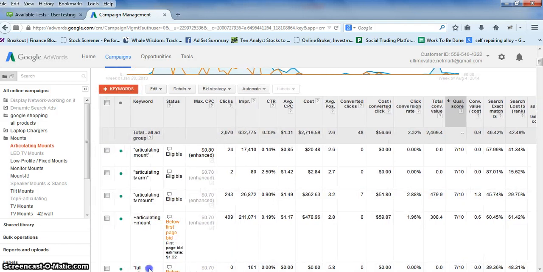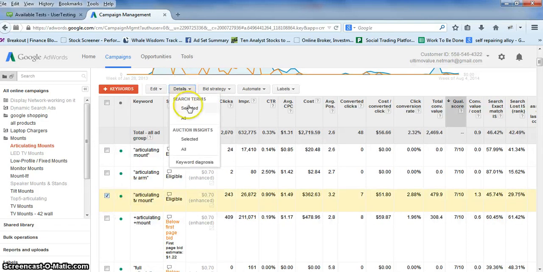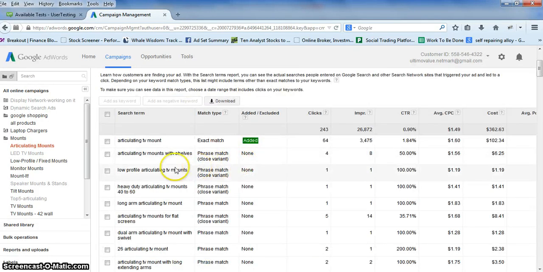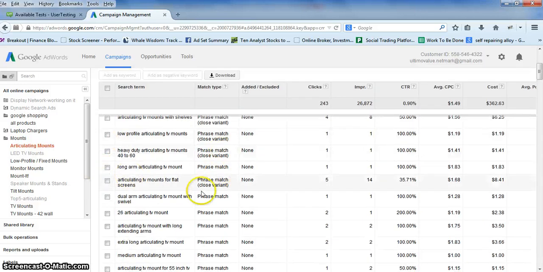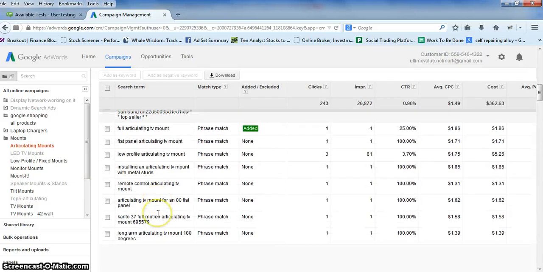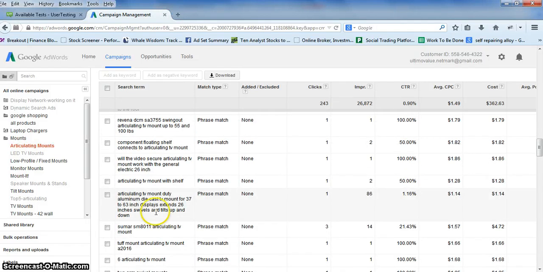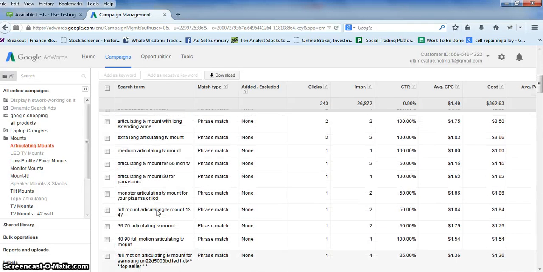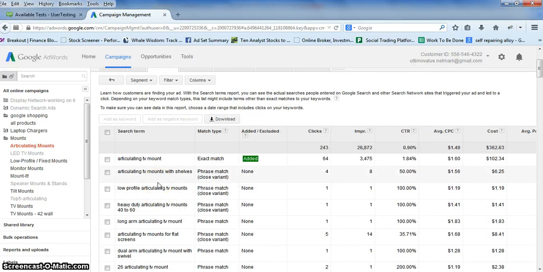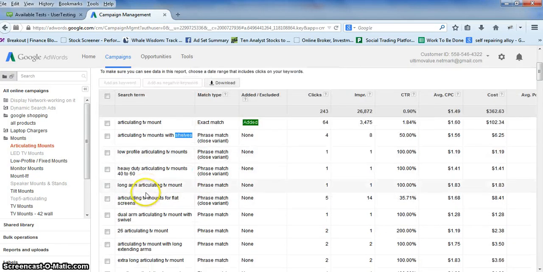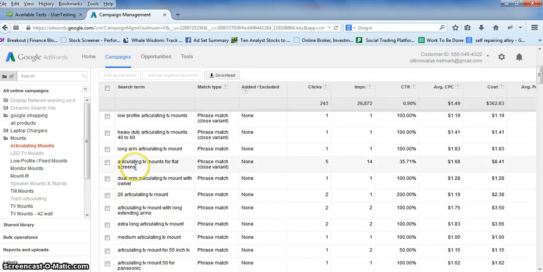low. So we just have to go back to this campaign, pull the details, select it, and look at the search terms. As you can see, cross variants and phrase matches are causing us headaches in here. So these really need to be cleaned up. Basically, cleaning up is figuring out exactly what I need to keep and what I need to eliminate. For example, shelves, that's a negative keyword. As long as you know your product, it's very easy. Some of them I would add as an exact match. So I have additional keywords in here. Some of them I will clean up, or I can